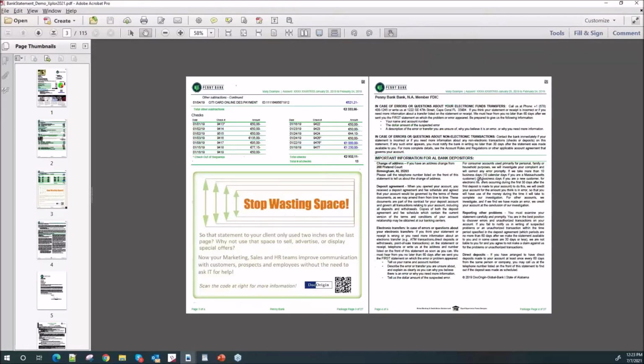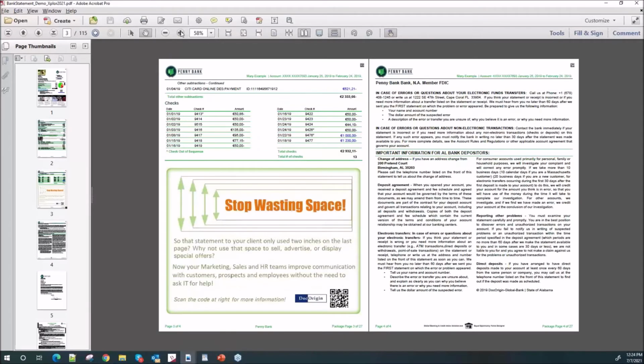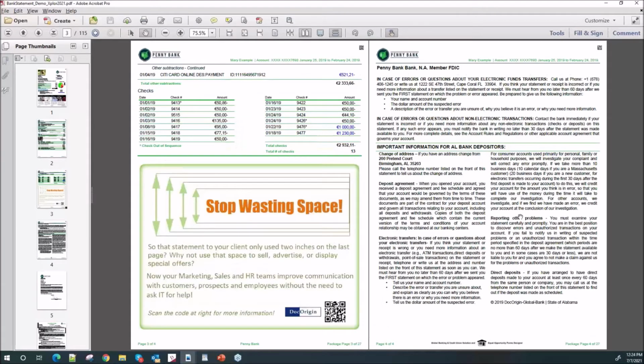And then if I flip through here, and I should probably zoom in, I remember 58%. This is what we call the dynamic information that changes state to state. So you'll notice that this is text that I'm embedding automatically through rich text for Alabama itself, and then it is being dynamically merged into my document itself. So it's not hard-coded into my form. So I don't have one form for Alabama and one form for another state and so forth. I'm going to go back to 58% because some of my documents are tall here.